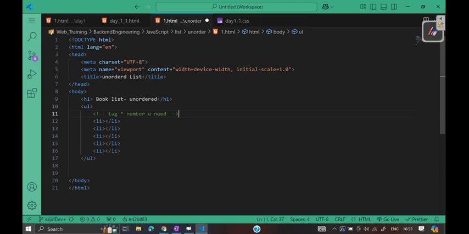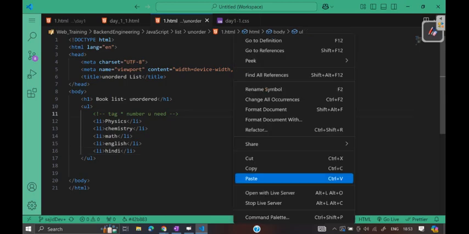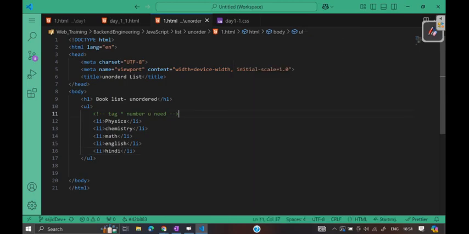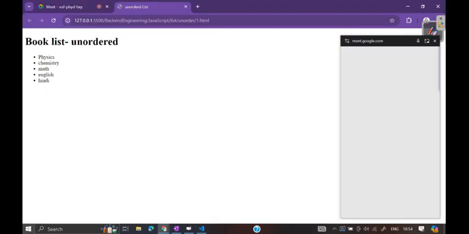I simply want to write physics, chemistry, math, theory, English, and we can write anything here. Simply save and go to the server, meaning the web page. So look,